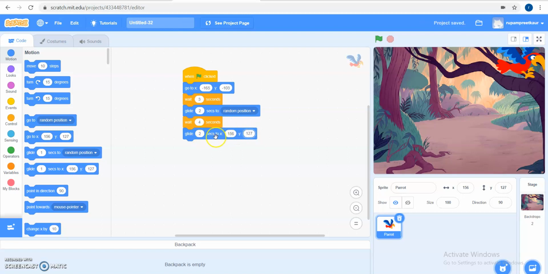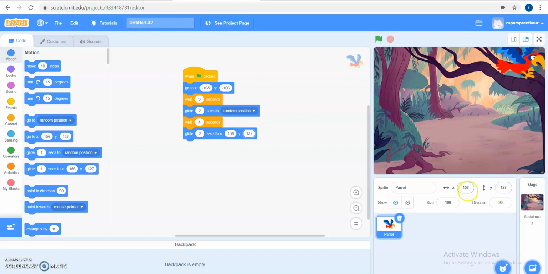So it will take 2 seconds to move to x 156 and y 127. So again I am going to run my program. Initially my sprite will be at -165 and -103. It will glide to a random position. After 4 seconds it will move to the 156 and 127 coordinates.